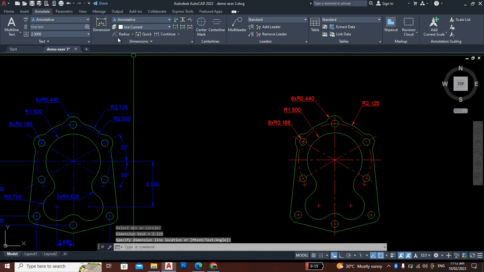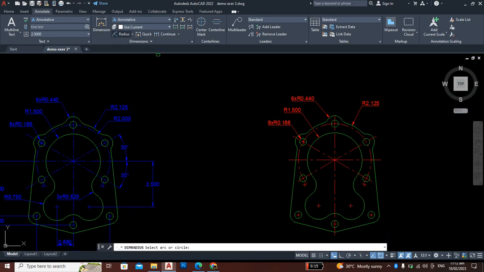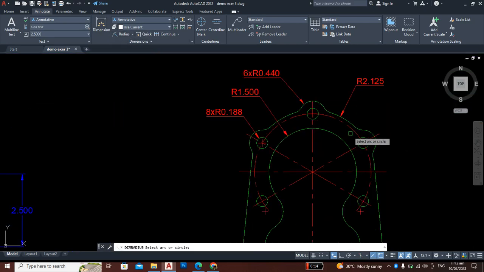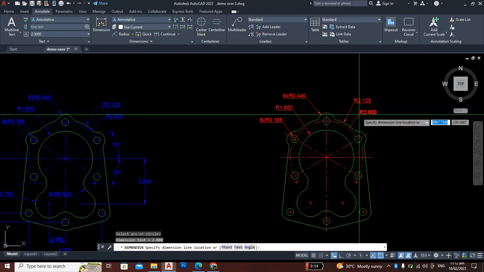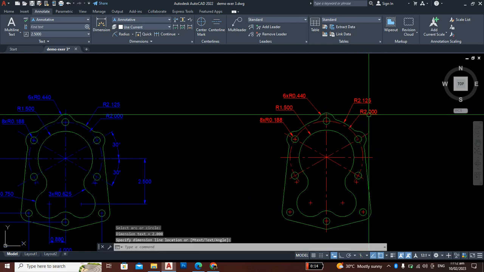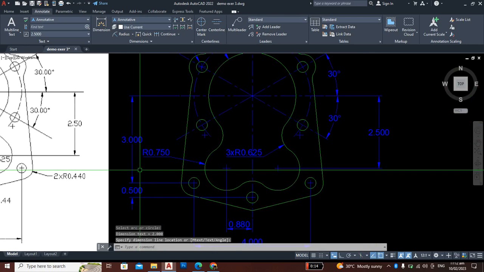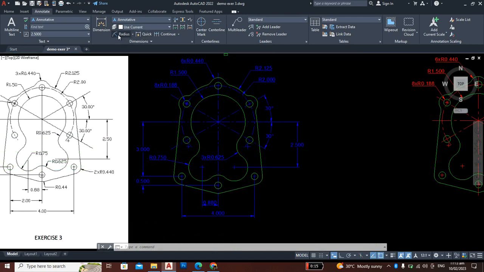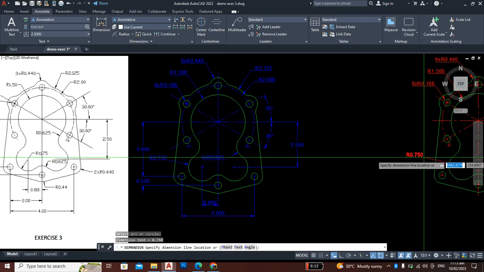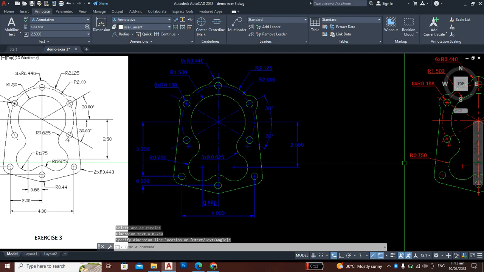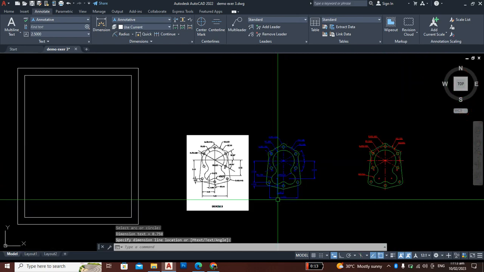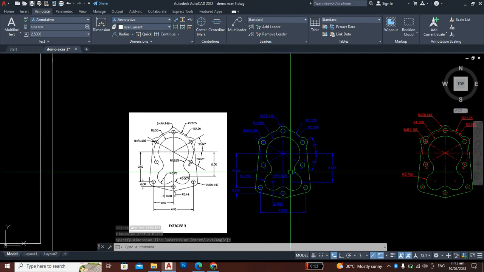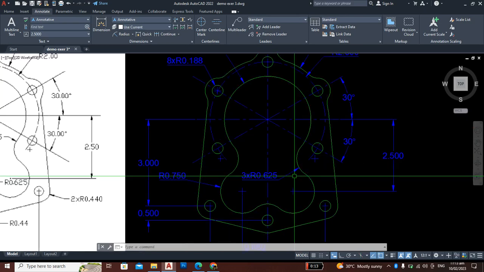Okay. Then here for the center line. Then what else? The radius of this arc I'll put outside. Then another radius, this one,